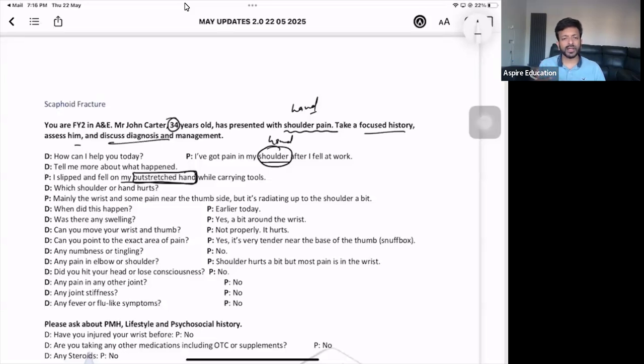So when you ask a bit more like where exactly the pain is, you're doing a full Socrates. He will tell you the pain is somewhere here in the snuff box area, right? And I would like you to ask if the pain is there in any other joint or any other part of the body, if the patient has got any fever, flu-like symptoms, any redness, swelling, any bruising, any sign of injury or trauma, and if the patient hit his head any time, any kind of dizziness, loss of consciousness and all. So all those things I would like you to ask, right?